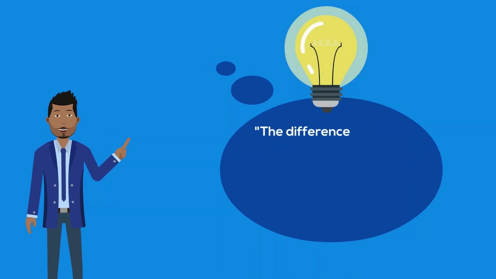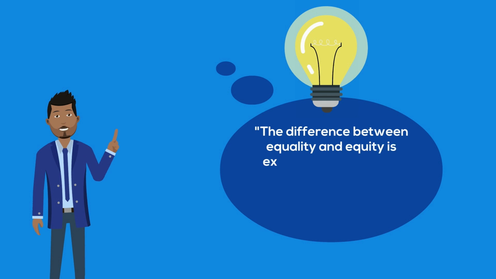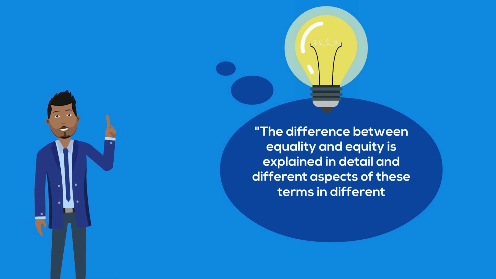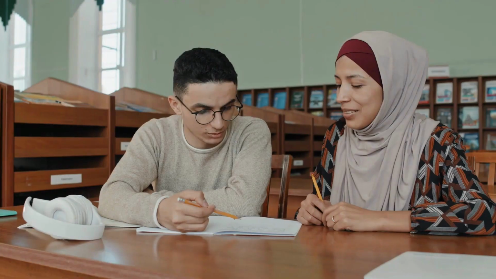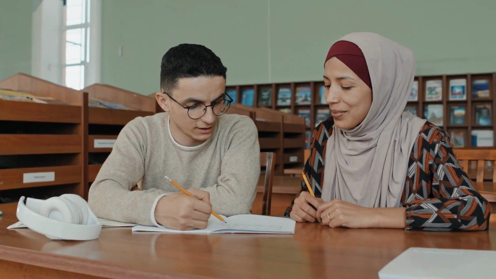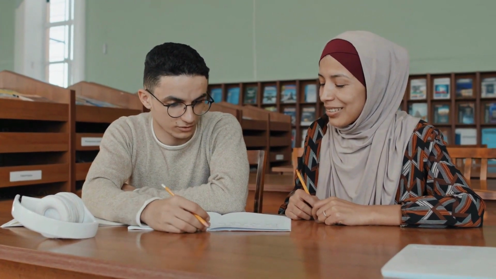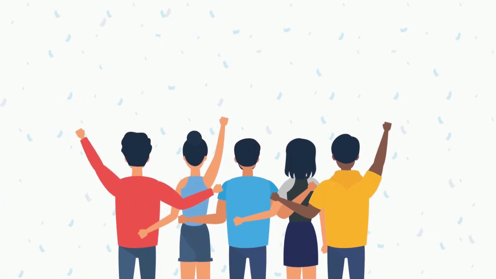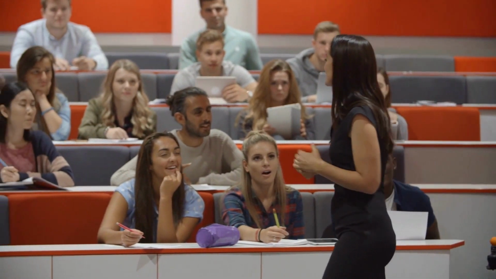The difference between equality and equity is explained in detail, and different aspects of these terms in different environments are presented. Towards the end of the module, there is a self-directed activity designed to help learners reflect on their own actions and behaviors in relation to diversity and tolerance. At the end of the module, useful tips are given to improve the practical application of the theoretical understanding of